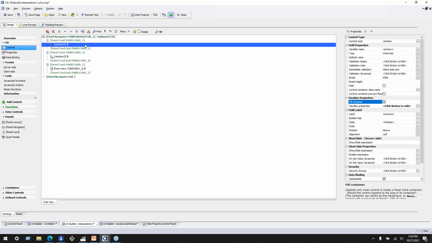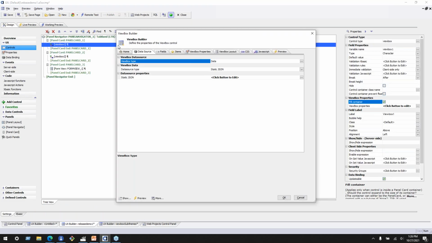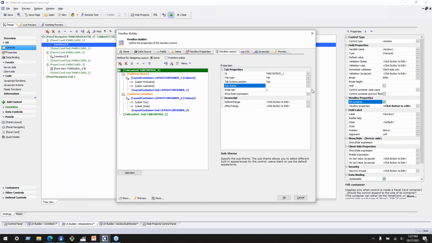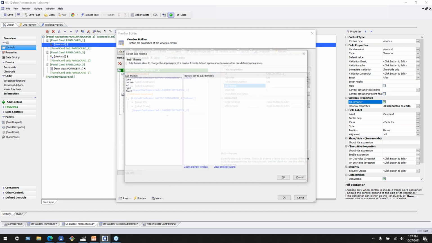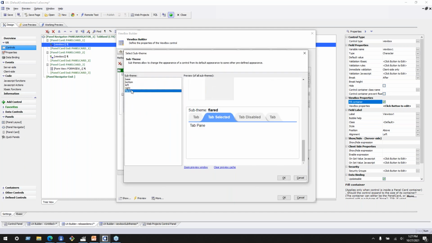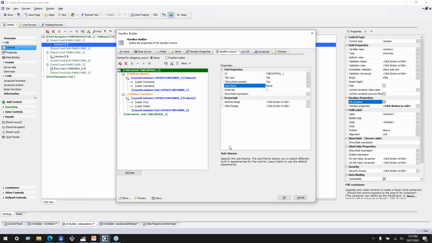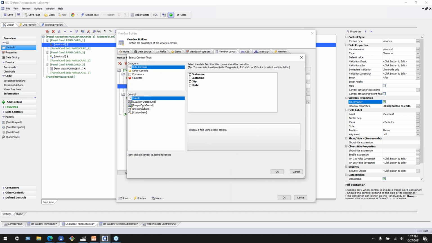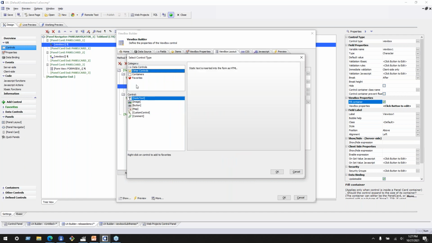And Viewbox as well. If we take a look at this Viewbox, for example, if we come over to the layout and we look at our tab control, there's a sub-theme option here. So we could come in here and say, hey, let's use that flared sub-theme that we've added in the new release. Click OK. And then the other thing we've also added is support on buttons, which you'll find in other